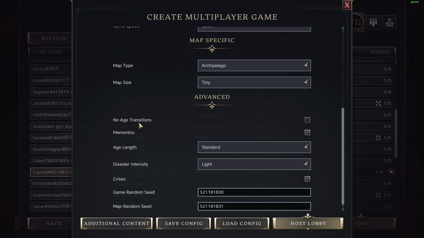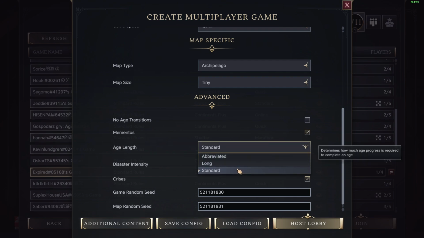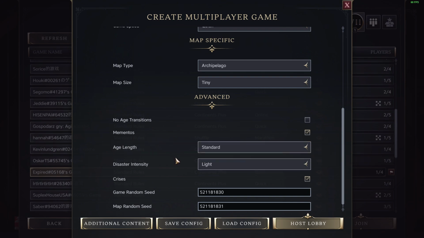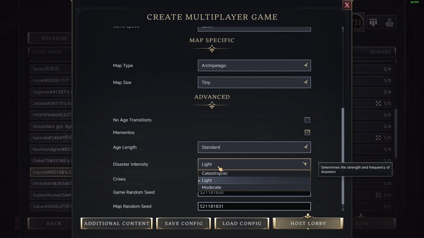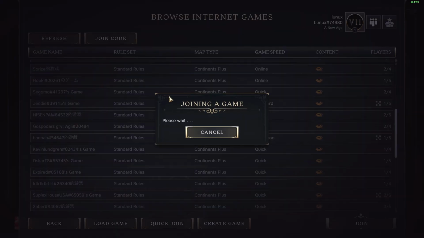So no age transition is turned off. So we have those transitions. Mementos is turned on default. Age length is on standard on default, and you can choose between two other options. Disaster intensity is on light. So if there is a tsunami, a volcano, for example, this option decides how strong this one impacts your city, your game. Then what we have to do down here, we have to click on host lobby,